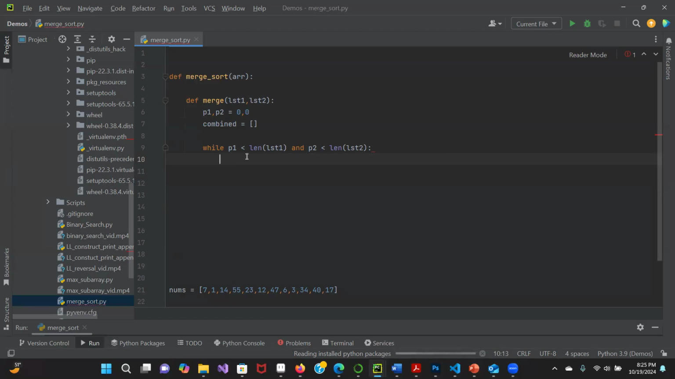We only want to do those comparisons so long as neither of these has gotten to the end of the list that it's iterating along. Once one has, the comparisons end, and another part of the helper function will kick into action. So while P1 is less than the length of list one and P2 is less than the length of list two,